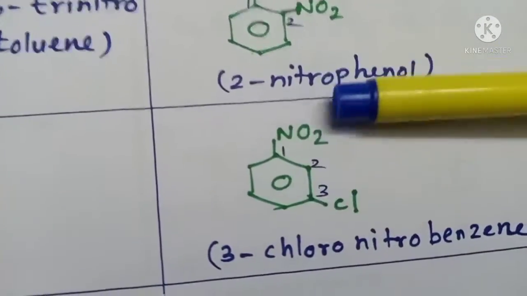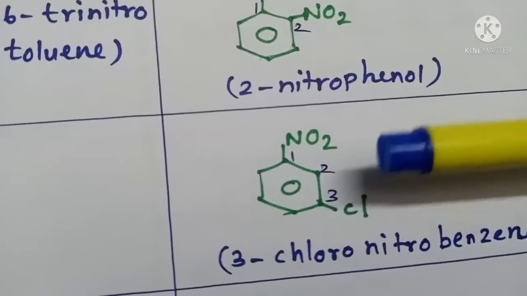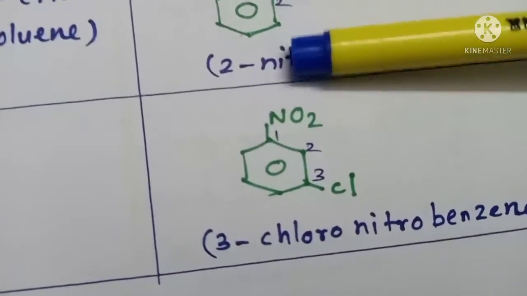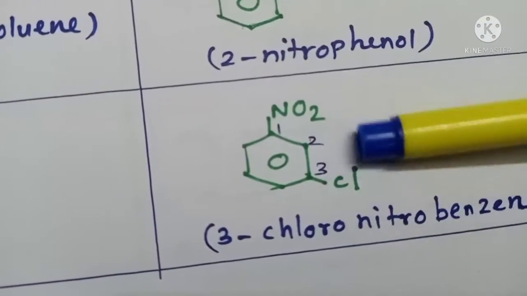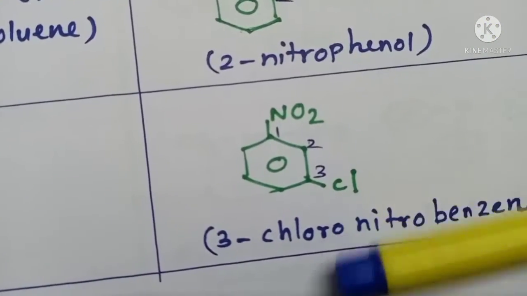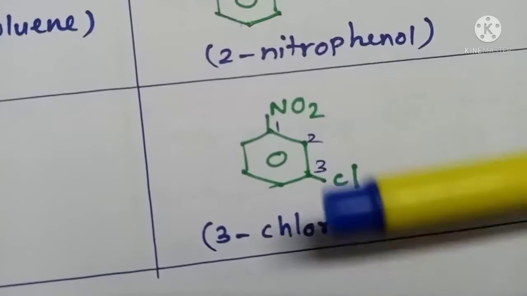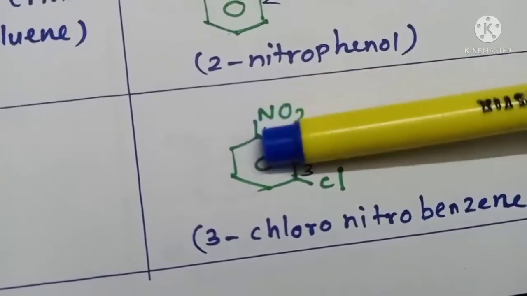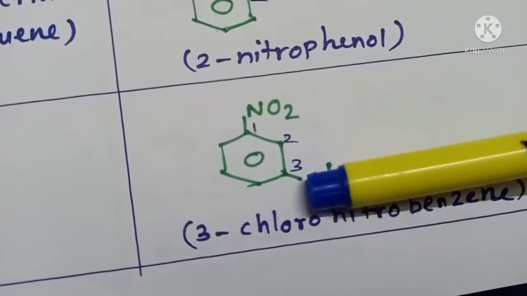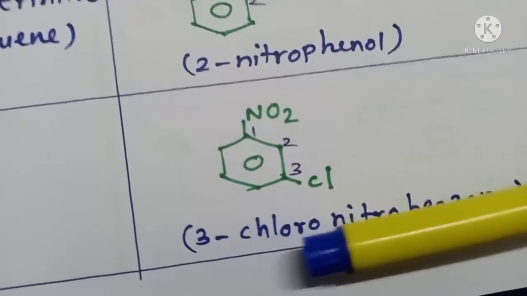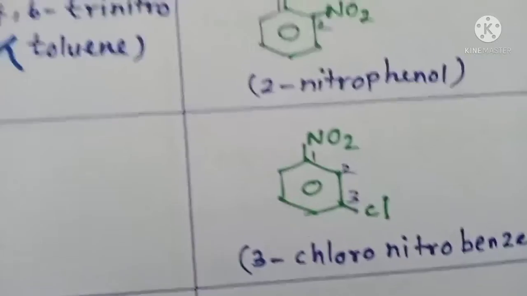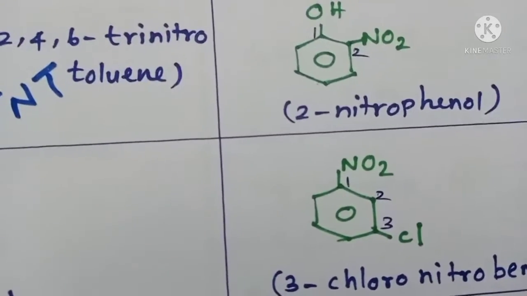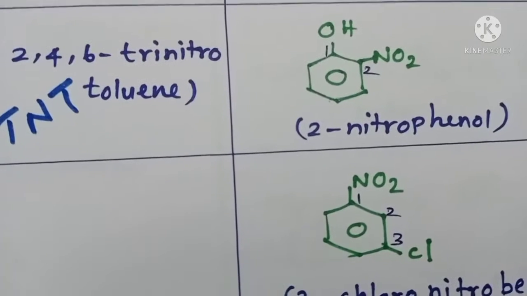Okay, right. Look at the last compound. A benzene with an NO2 group and Cl. Here, benzene with NO2 you have to consider as the parental compound, nothing but nitrobenzene. The Cl group is a substituent, so chloronitrobenzene. While numbering, we start with the nitro carbon, so the Cl carbon gets 3, isn't it? So 3-chloronitrobenzene is the IUPAC name of this compound. Okay, so I hope you understood how to give the names of nitro compounds. Thank you.